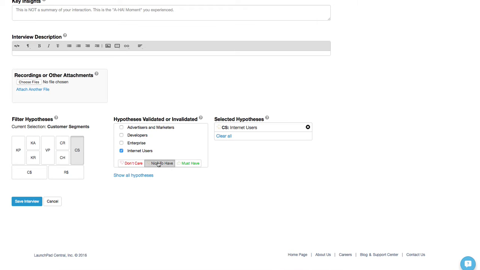And so you see these three buttons appear. And these are similar to the buttons I showed you just earlier. It says don't care, nice to have, must have. So remember, one of our hypotheses we're testing is whether or not the internet user is our customer. And so when we're talking to one of our internet users and we're asking questions based on the experiments we have set up of whether or not they are in fact a customer of ours, whether or not they will actually pay for our technology, you'll get a general vibe